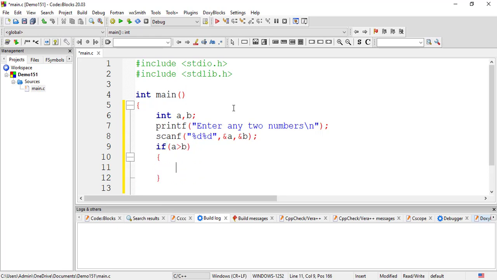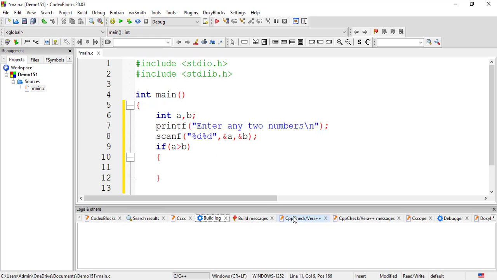So by doing so, if a greater than b is true, I want to print out the largest value. Which one is the largest value? The largest value is inside a, because this statement is going to be true. So when a is 20 and b is 10, the expression a greater than b will return a non-zero value, non-zero meaning 1, and that is going to be true.